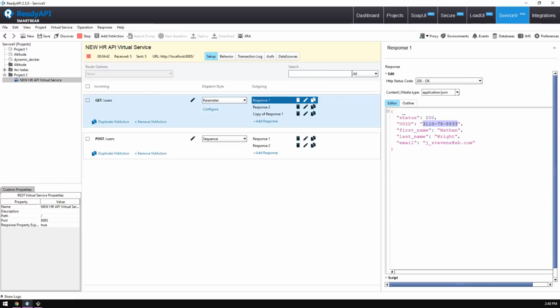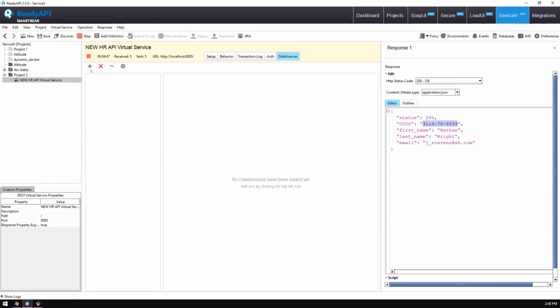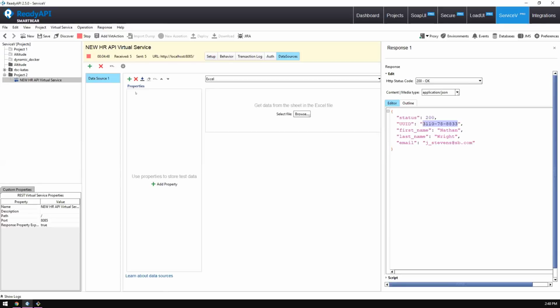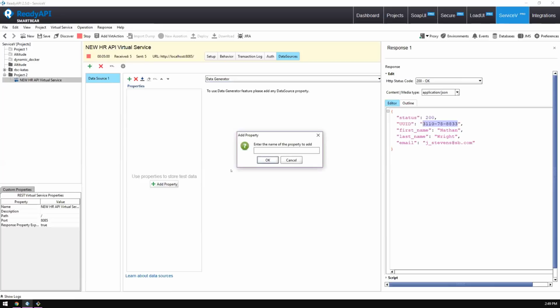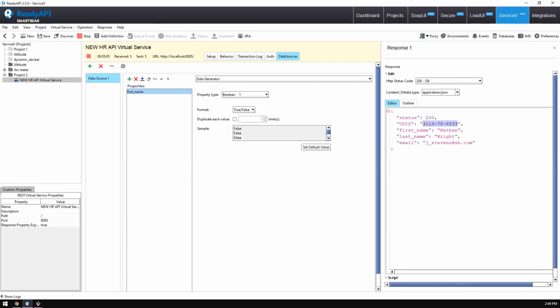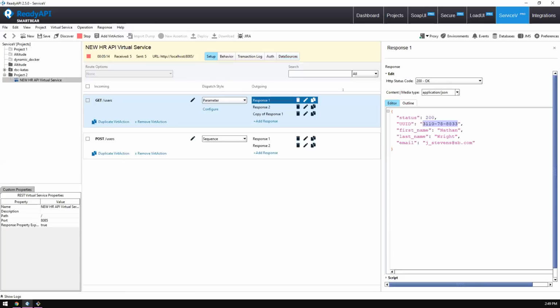When we look at this last tab in the service screen, we can create something called a data source, and these come in a bunch of different flavors. So we can connect this to an external Excel sheet. We could connect it to a database. In our case, let's just go ahead and use this data generator option, and maybe we'll just call this first name. I think we have a first name generator. And when we navigate through here, say name, do first name,